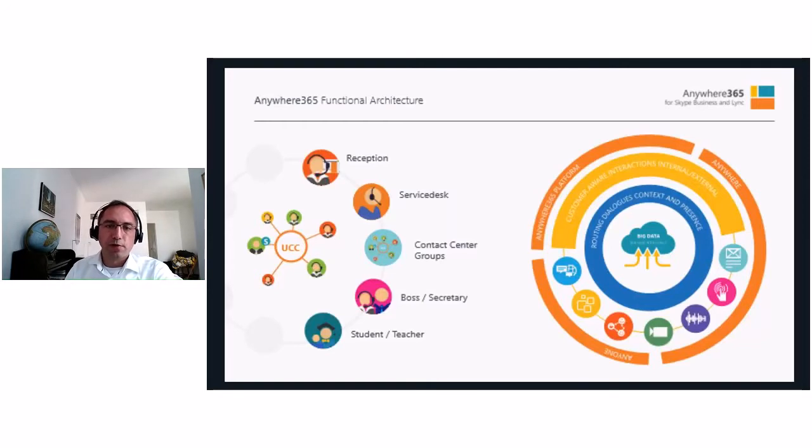And last but not least, because our application gets deployed also in a lot of high schools and universities, we've also envisioned a role model as a student-teacher routing model. And now